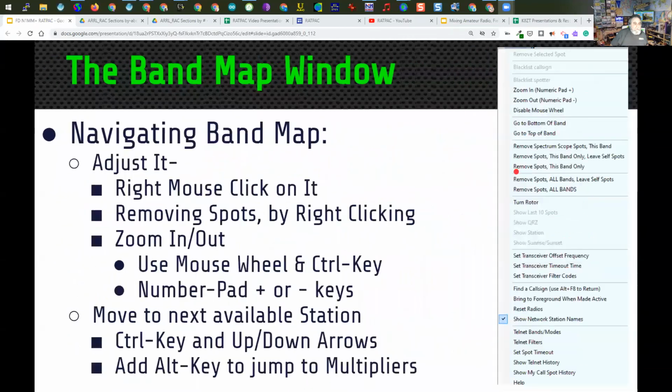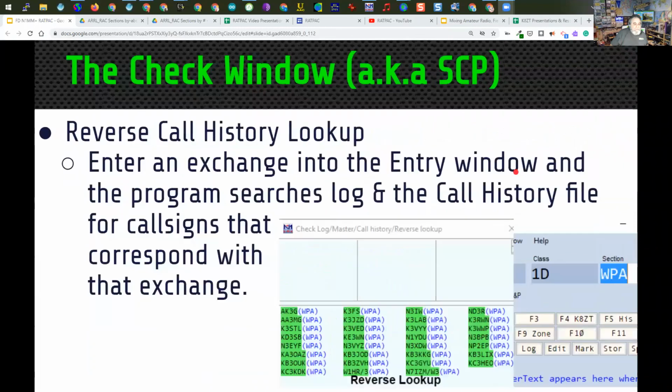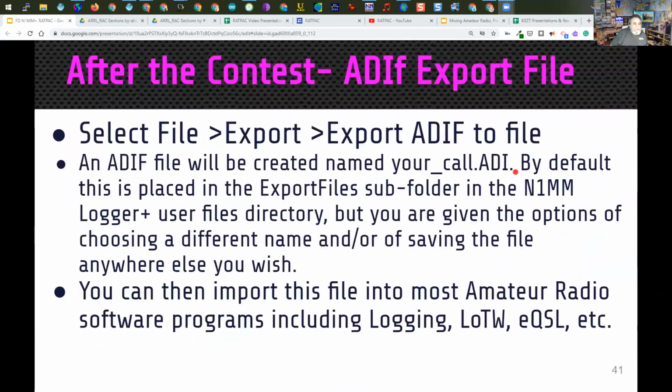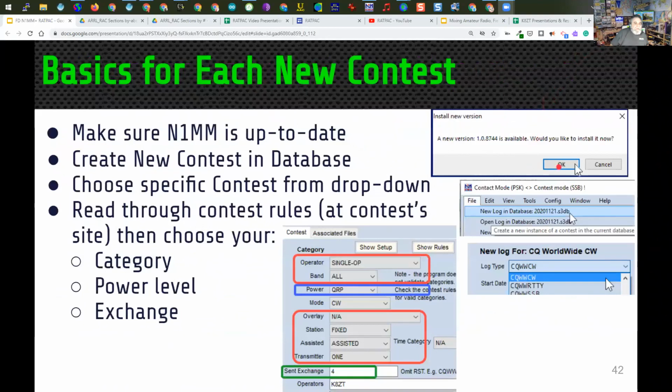Well, Windows itself is a problem, in my humble opinion. Well, yes. Was there anything specific to N1MM Plus? No. Okay, that's all I was asking. And occasionally there's a problem with the versions, and if you're going out to field day,